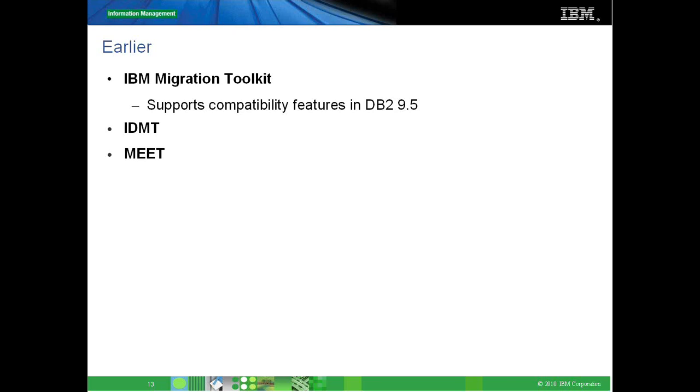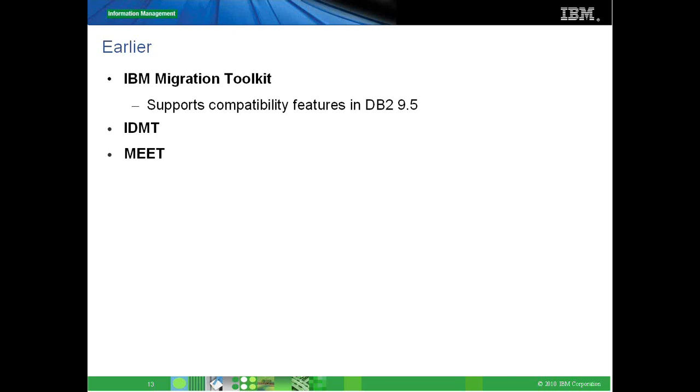IDMT is called the IBM Data Movement Tool. Like I mentioned, it not only allows us to move data, but it also allows us to move the DDL and the other PLSQL objects that are there in the database. So if you are on an Oracle database and you also have a DB2 installation, you want to try how that happens, most of the stuff which is automated can be done using IDMT. So that's when you've decided that you're going to move your application onto DB2.